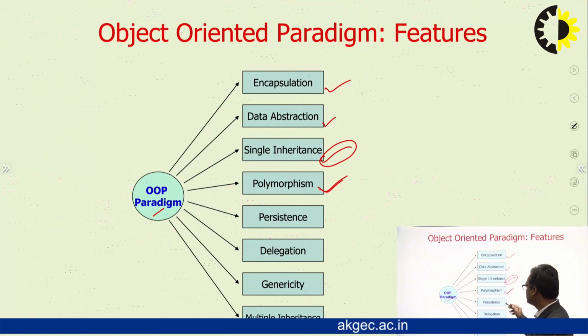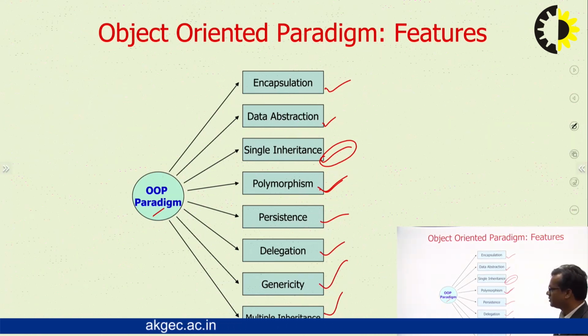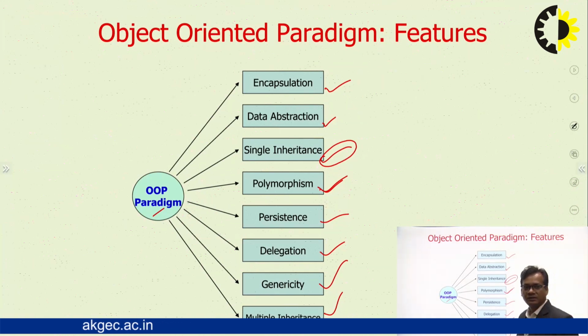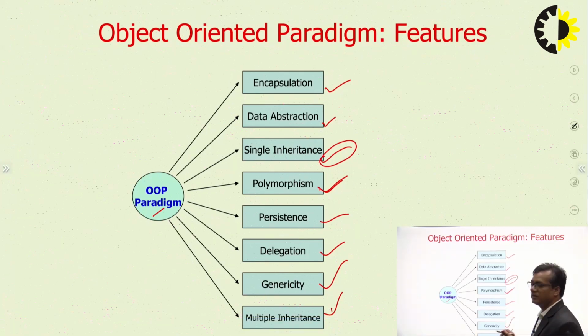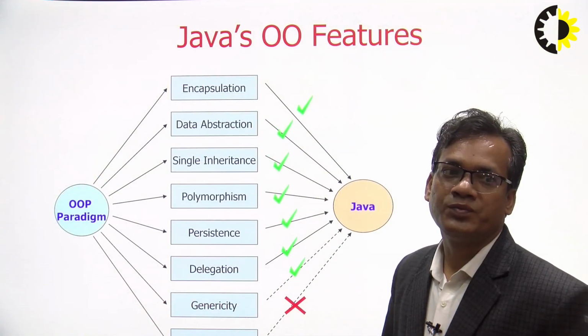Polymorphism, persistence, delegation, genericity, multiple inheritance, but not in Java, right? So these are the features of object oriented paradigms. If we talk about Java's OOPS features,